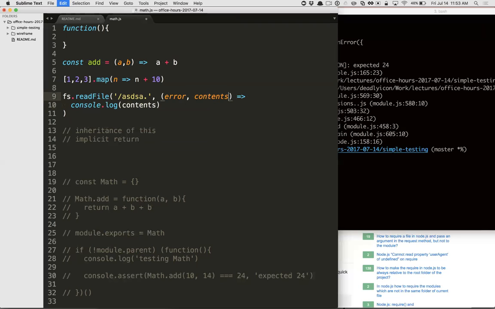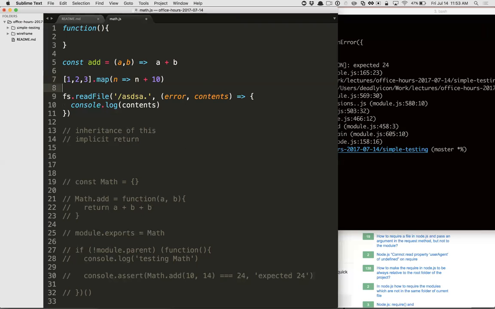I think it'd be weird to do that without these curly braces, because console.log returns undefined, and so that's not something that we're resulting in and returning, right? It's not like this, where this is a pure function of n comes in and we return n plus 10. This is really the only appropriate place where I would avoid curly braces, if the return value matters, and you're doing one expression.